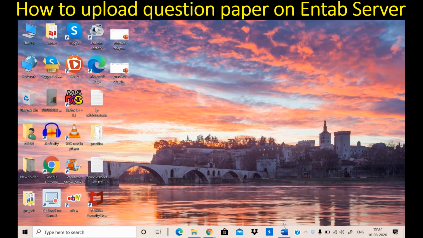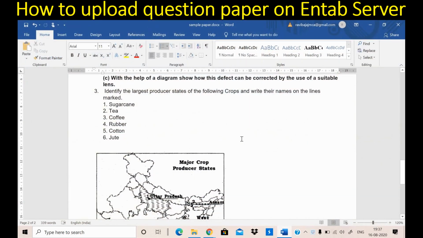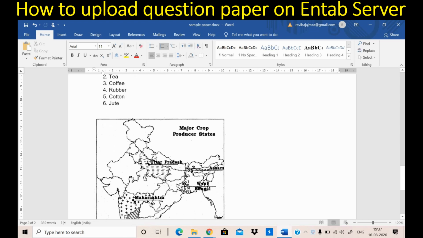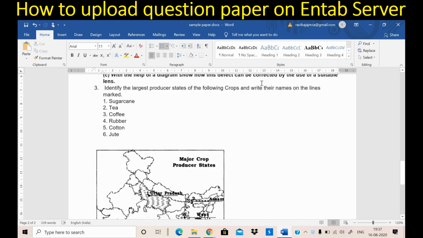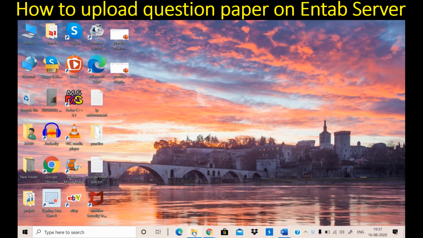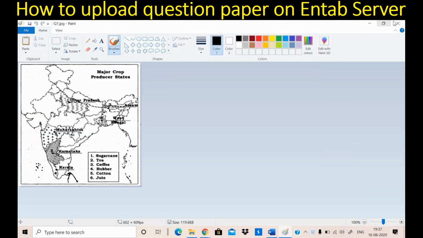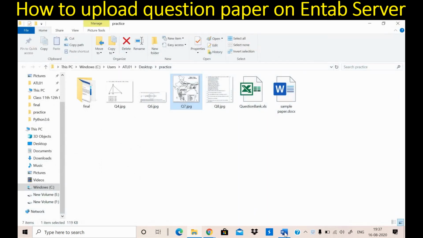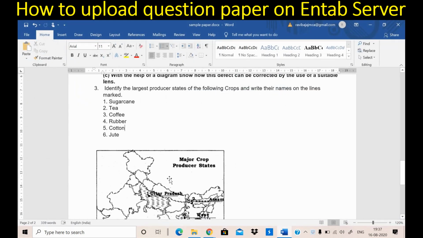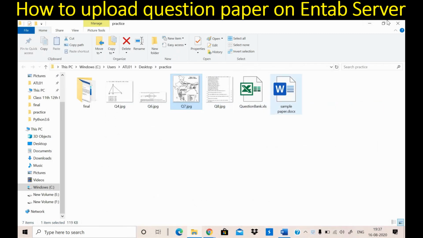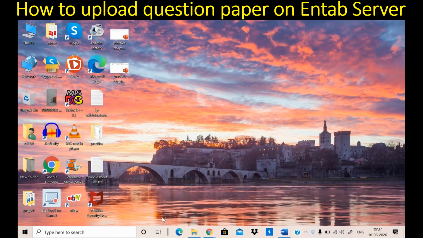Now I'm going to insert one more question. This is the last question, in which text is there and image is also there. So two things are there, text and image both. I have already taken the image. This is the image that I want to insert, and the text I will take from MS Word only. See, text is written here and a separate image is also taken as an image file. Both I'll insert within one question. So see carefully what I'm doing.